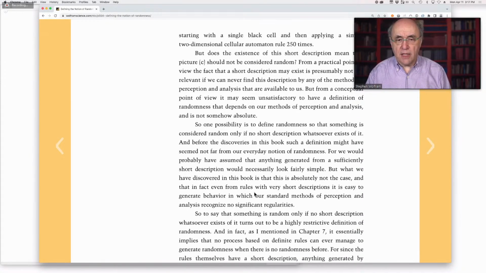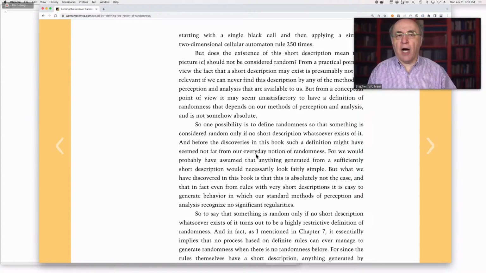So in a sense, the notion of randomness that says something is random only if there is no conceivable program or description of it that is short compared to the thing itself, that definition of randomness, so-called algorithmic randomness, is something that, in a sense, the NKS book kind of showed wasn't the right pragmatic definition of randomness, because things like Rule 30 completely fail that definition.